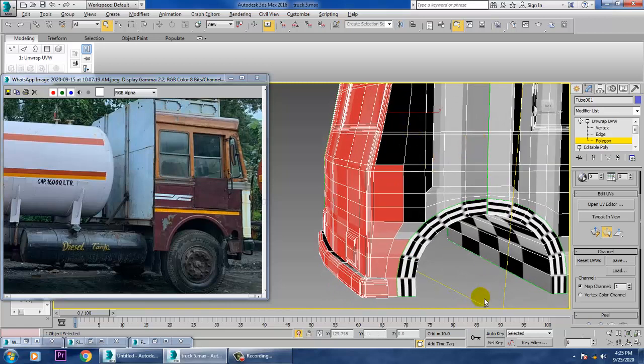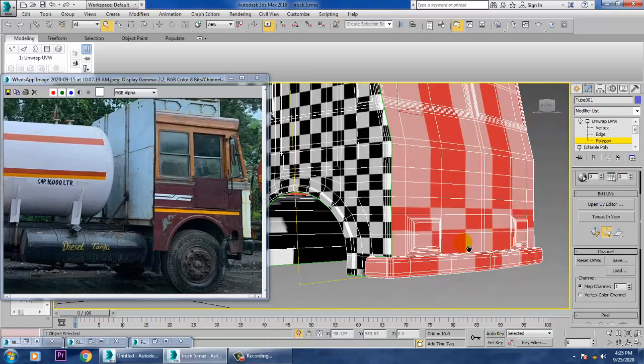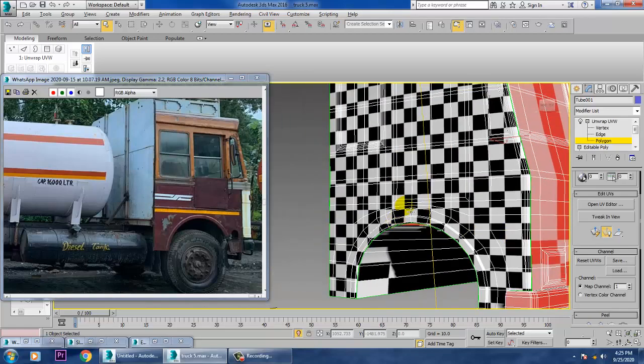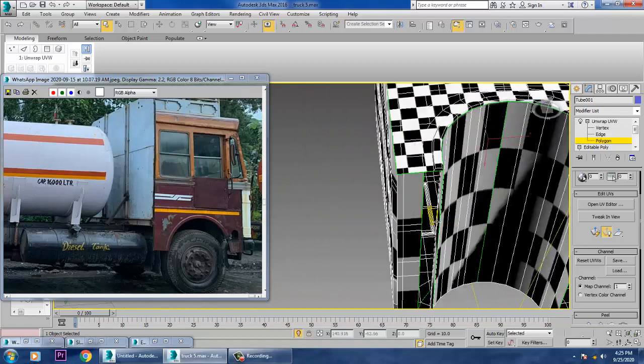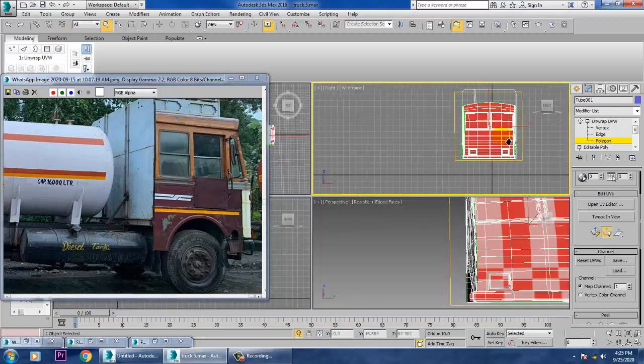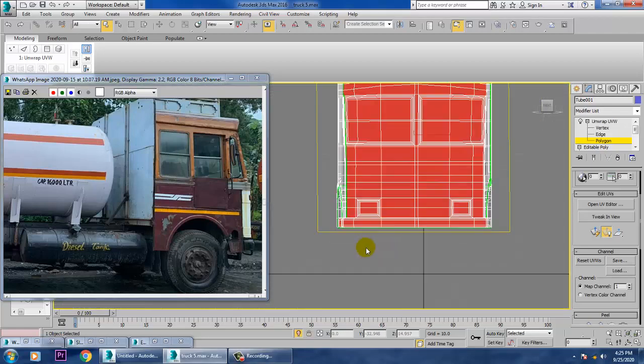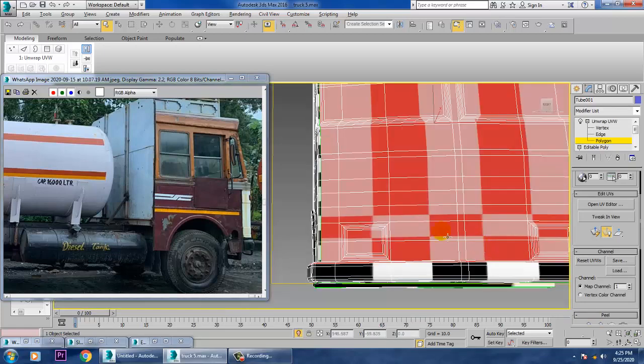So what I'm doing now is I'm just excluding the areas which are really not required. Alt and drag to just subtract the area.